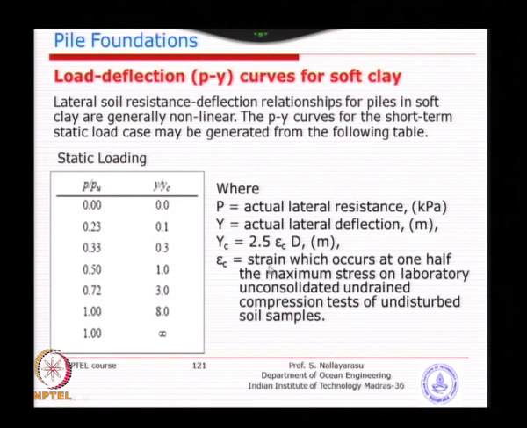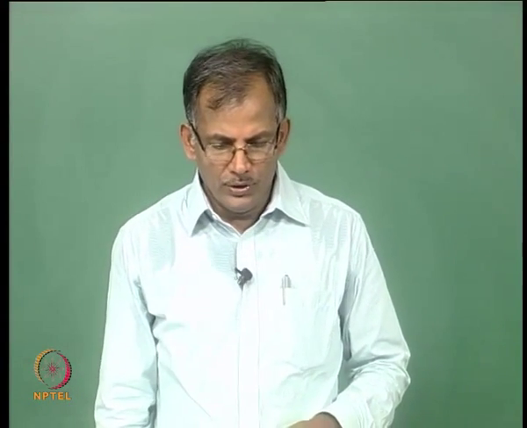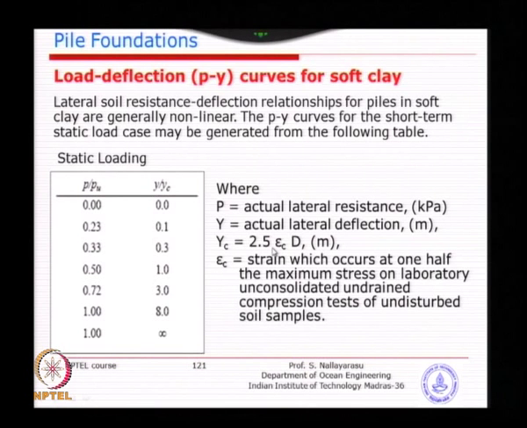Now Yc is defined as 2.5 times the diameter multiplied by the strain at 50% deviator stress. When you are looking at the triaxial test, I think we have learned drained and undrained, UU and CD tests. So when you are doing that, when the vertical stress is applied, at 50% strain you plot the Mohr circle. So you find out what the deviator stress, the delta sigma, is. That value is going to be the representative value of the soil failure against horizontal load. So that is the strain at which one has the maximum stress in the UU test. It will normally be given to you.